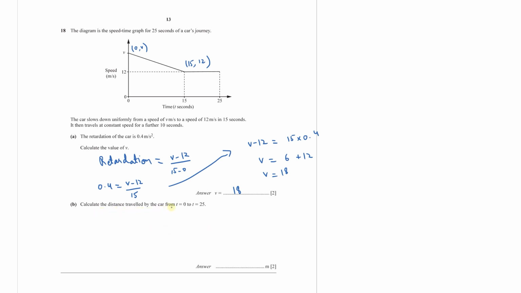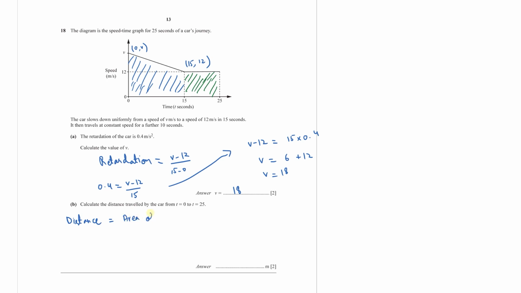Calculate the distance traveled by the car from t equals 0 till t equals 25. So we can divide this graph into two sections. This first one here in blue is a trapezium. I can find the area because you know that the area under the speed time graph is your distance. So this will be your area from 0 to 15, and then I can find the area of this rectangle here to get the distance traveled from 15 till 25 seconds. And if I add them both, I will get the total distance traveled from t equals 0 till t equals 25. So distance here would be